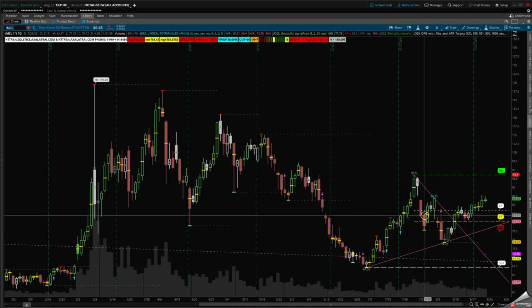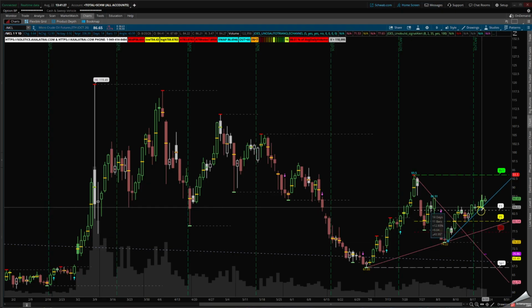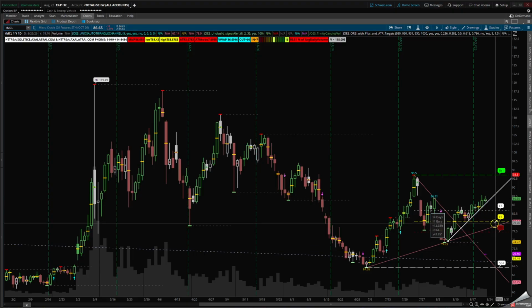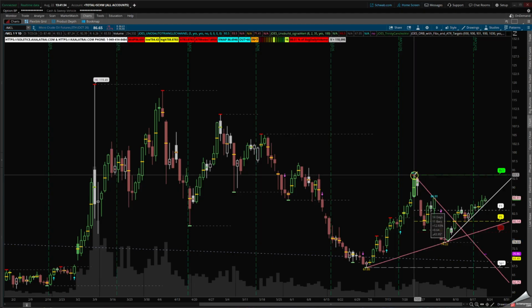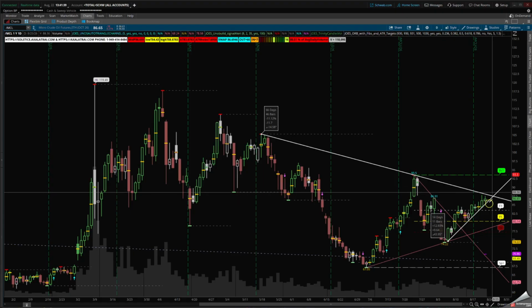Right now, we created some kind of a rounded bottom inside this area. This is very important because there's this island reversal which we tested. You can see it, we tested it right here and filled it. Does this mean we continue higher or do we fall back into that downtrend channel? You can put some kind of a downtrend channel on these charts so that you don't end up getting caught in case of falling back down the wedge to the backside. And we are in that symmetrical triangle. If I zoom it in, you can see where that symmetrical triangle is on crude.